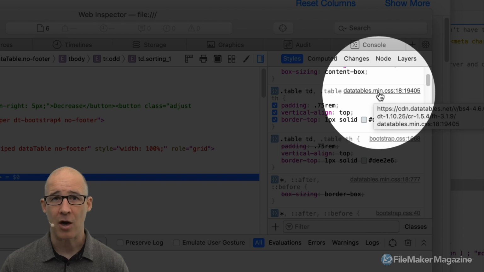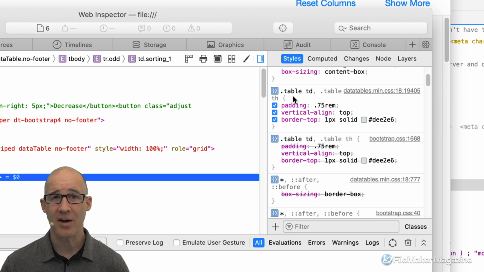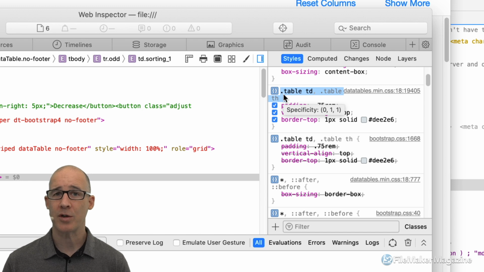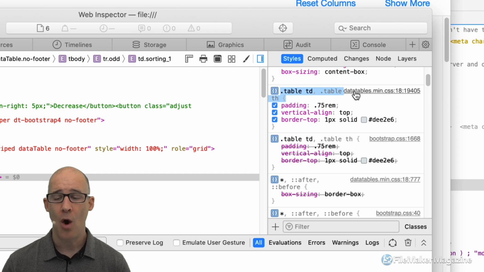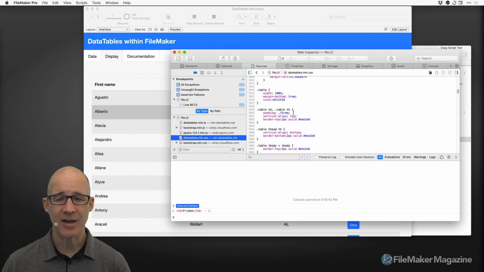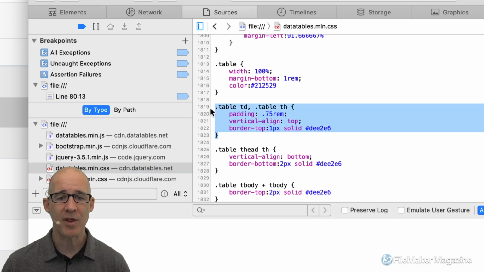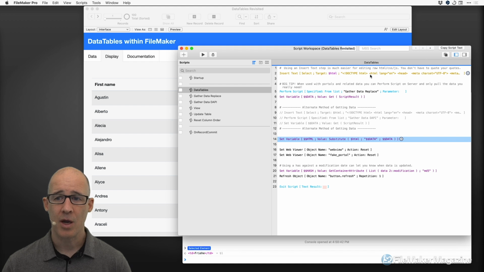Now, I can click on this. There's two ways that I can get this as an override. Number one, right here staring me in the face, I can just select and copy these. This is what I'm going to want to override. In other words, I want my overrides to come after the DataTables CSS, which is exactly what I'm going to do. So first, I can copy it from here, or I can click on this, and it will load the actual CSS, and then I can copy this whole thing, which is what I tend to do. I just copy this, and now I go right back over to my FileMaker,